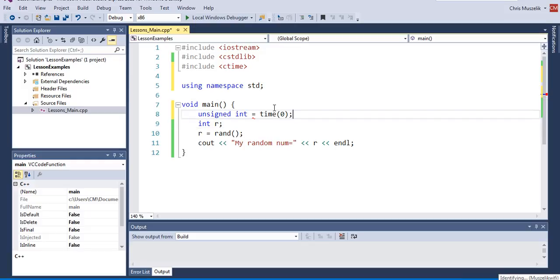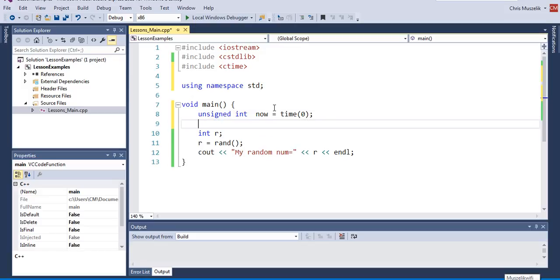And now I have my... I forgot to use a variable name. I'm just going to call this unsigned int... I don't want to call it time, but I'll call it now. Right? So I have a local variable called now, and I'm going to assign it the current time on my machine. The next thing I need to do is seed my random number generator with the current time,